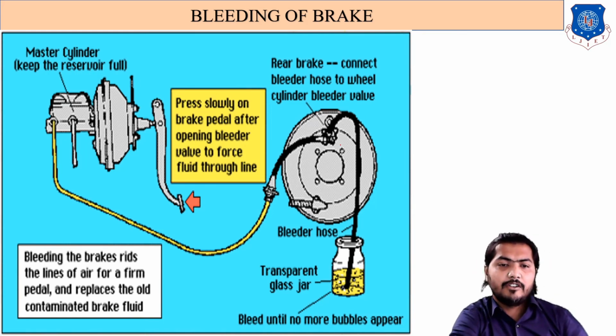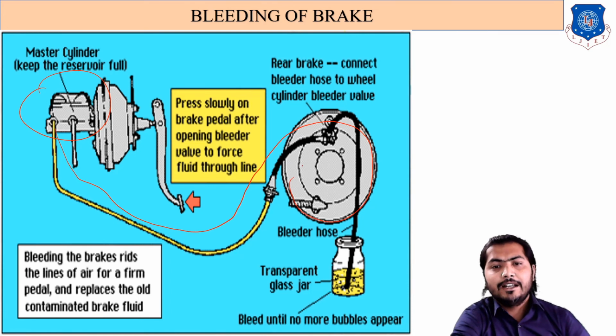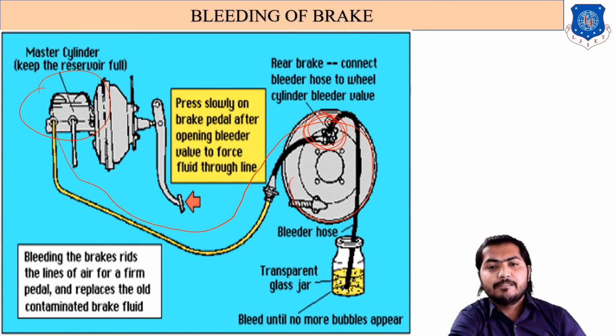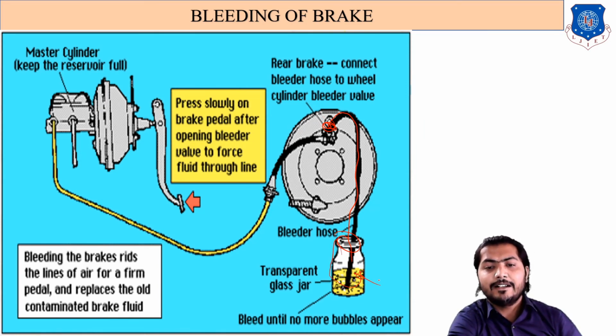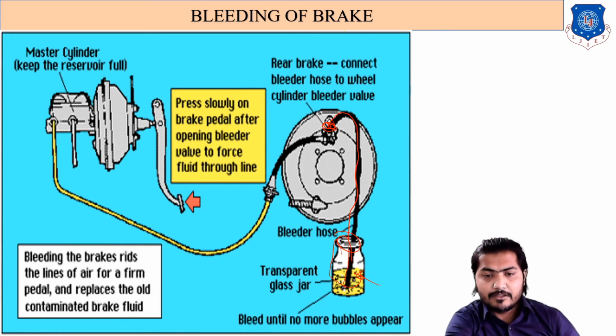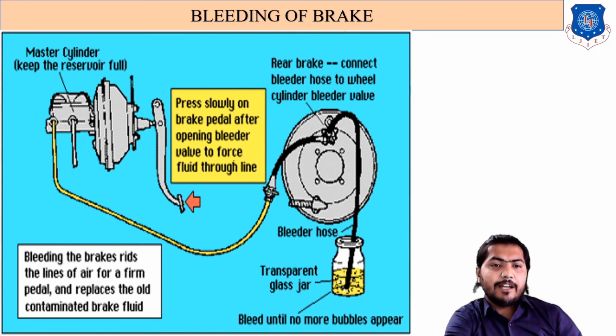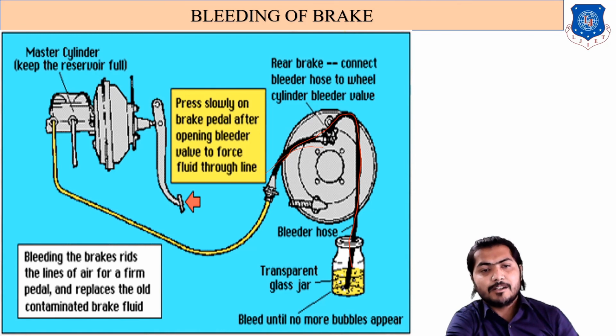So here is our brake pedal, and this is our master cylinder, and one line is connected to this rotor, and on the rotor are the brake calipers. The brake caliper is connected with the brake nipple. The brake nipple is connected to a pipe, and this pipe is dipping inside the fluid. It is a transparent glass jar, so we can see it easily, and the pipe is completely submerged in the fluid. So when we apply the brake, the fluid applies force here and comes out here. Again and again, until the air bubbles come out, effort is applied on the pedal.